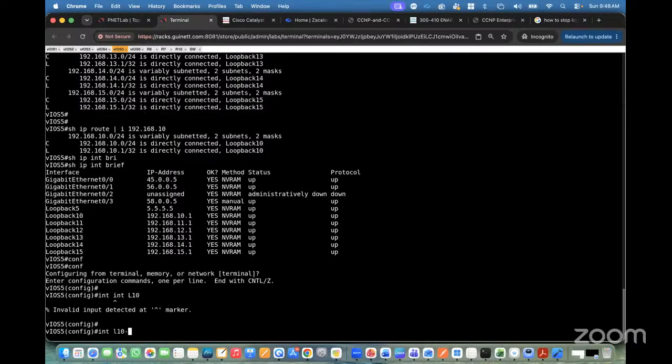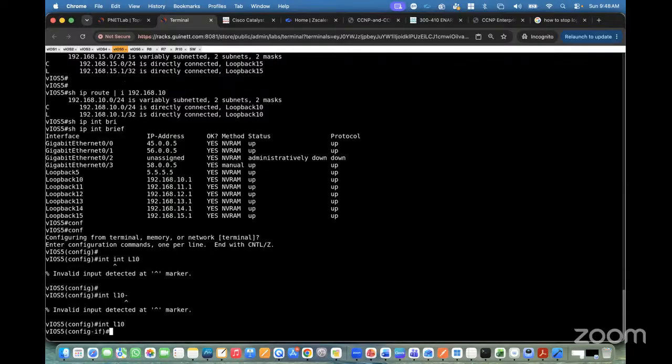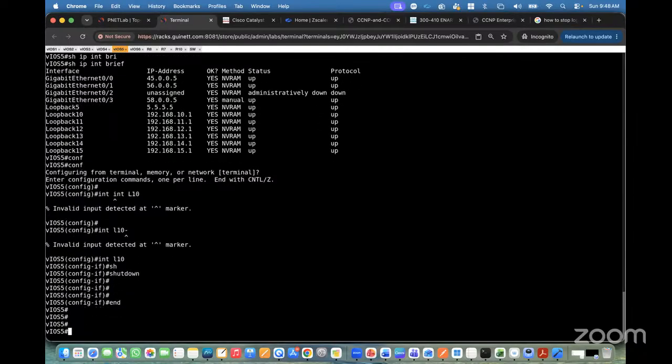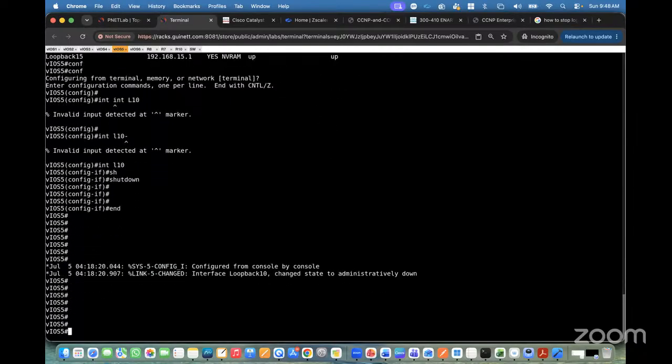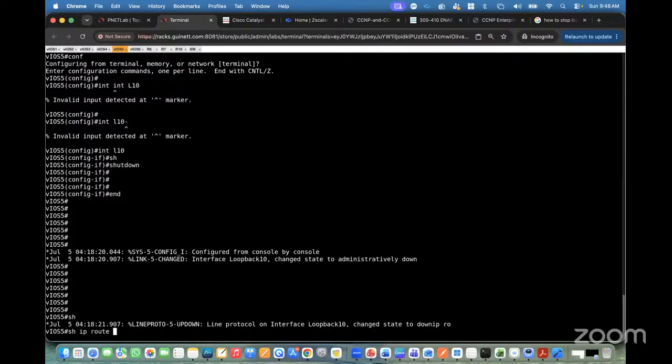Interface loopback 10. I will shut it for the time being. Later I'll again make it no shut. Let me make it shut down permanently for this one loopback. Now it's done. Now if you check it again, show IP route, include